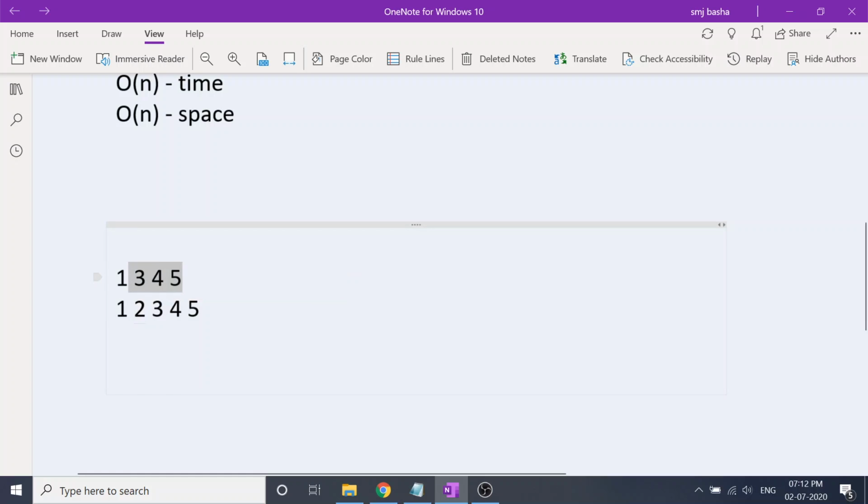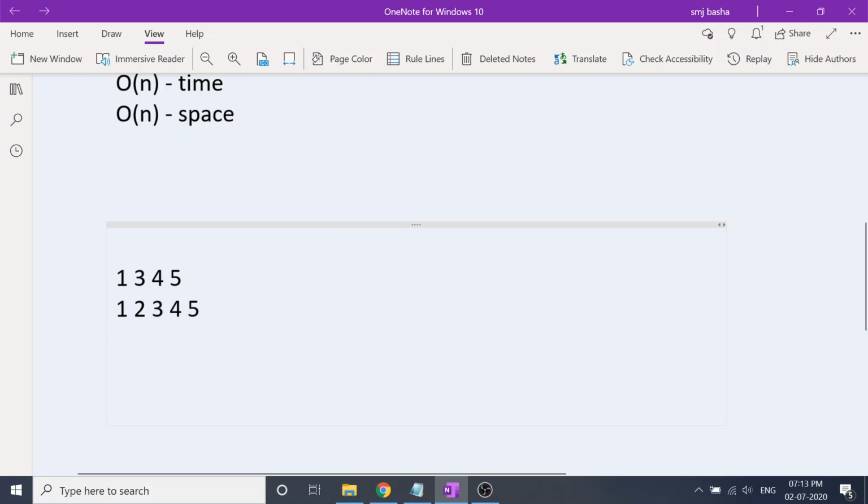I have the information of what elements are present, and what elements I need to have. So by seeing it intuitively, you can get some idea, right? If you subtract the sum of all these elements from the sum of all these elements, you will end up getting 2, right?